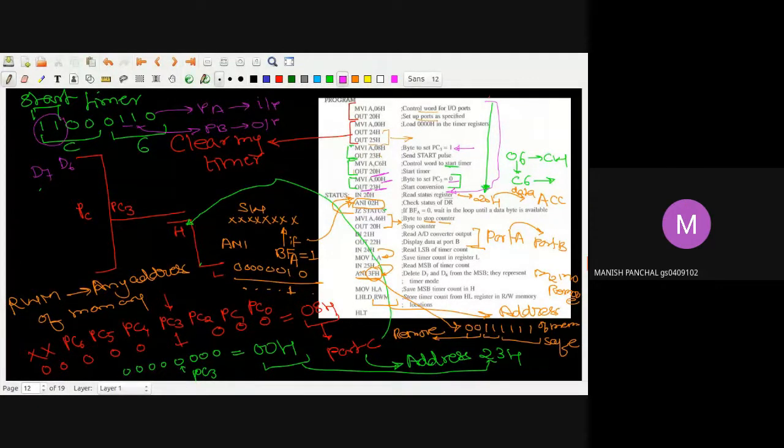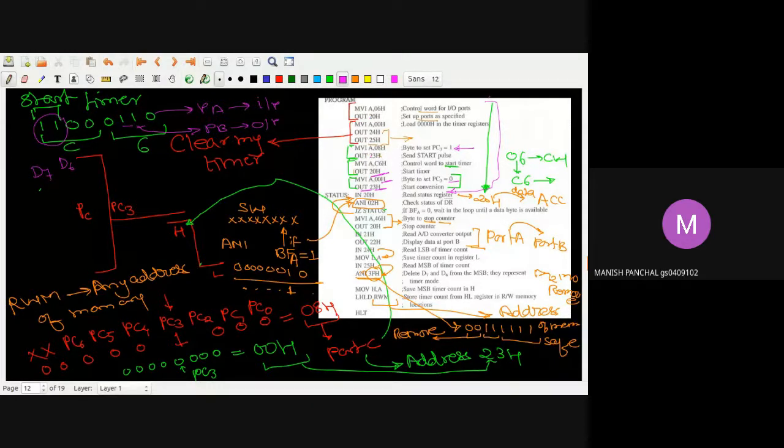समझ में आया? स्टेप ये है, पहले आईसी को ये बताओ कि आपके कौन कौन से पोर्ट पे क्या क्या कनेक्ट किया हुआ है, इनपुट कनेक्ट किया, आउटपुट कनेक्ट किया है। एक कंट्रोल वर्ड बनाओ, उस कंट्रोल वर्ड को कंट्रोल रजिस्टर में सेंड करो। उसके बाद टाइमर को क्लियर करना है, क्योंकि टाइमर में मेरे को कन्वर्जन टाइम लोड करना है, तो ये जो इंस्ट्रक्शन है ये टाइमर को क्लियर करने के लिए है।